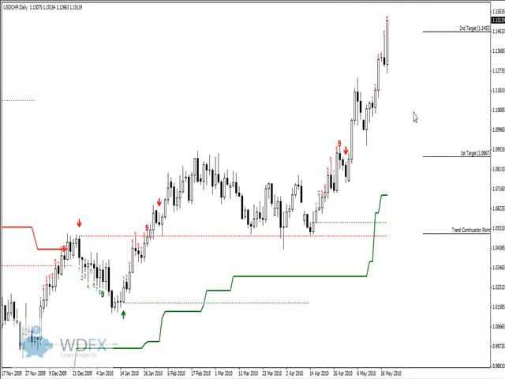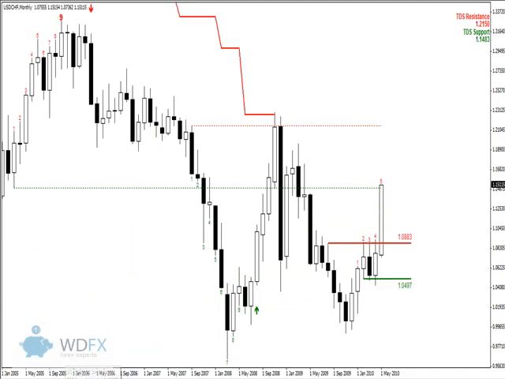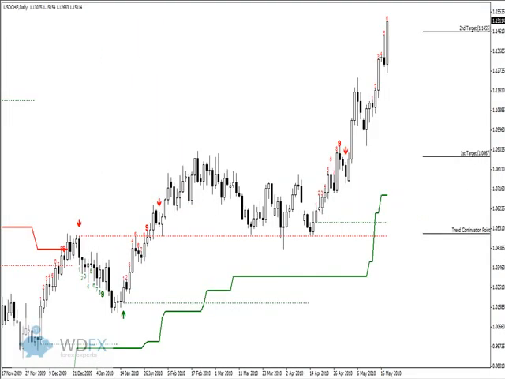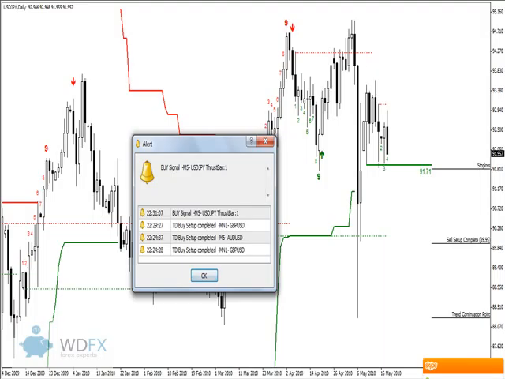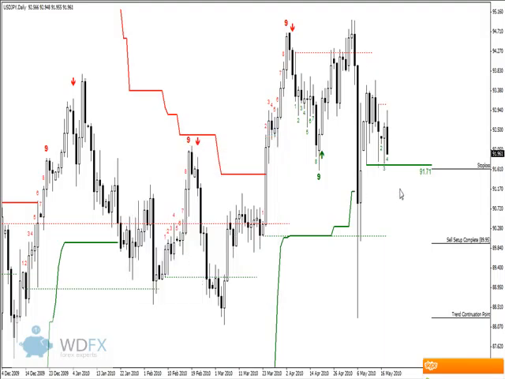US dollar Swiss franc, basically nothing. We've gone up through that second target level, and we're running away on the monthly and the weekly, so just having to wait and hold on there. US dollar yen has tested this 91.71 level now a couple of times, Friday and Monday, and now we're just looking for a close below there before we start to look to sell. That's not going to happen tonight by the looks of things, so we'll just wait and see how we get on tomorrow. That's about it, guys.